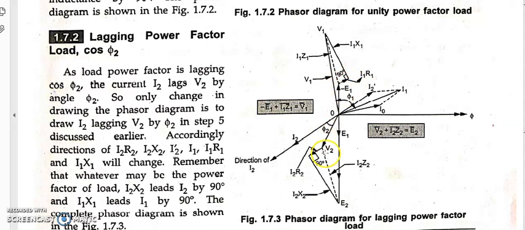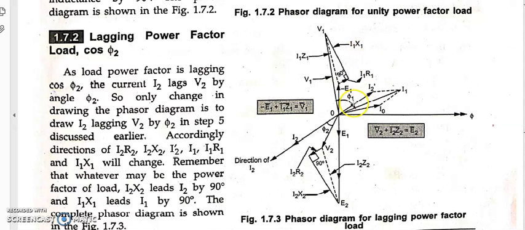Okay, so remember here we draw I2 R2 at the tip of V2. But here we are going to draw I1 R1 at the tip of minus E1. Okay, you should remember this. Once you know how to draw this I1 R1, the phasor length is not fixed; you can choose it depending upon your diagram. So once you do this, what comes next is I1 X1.